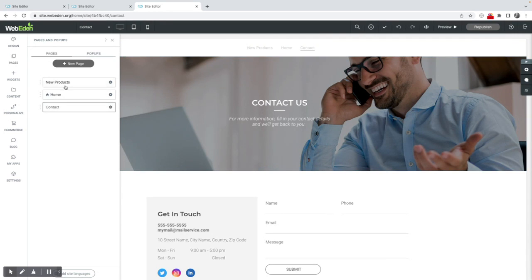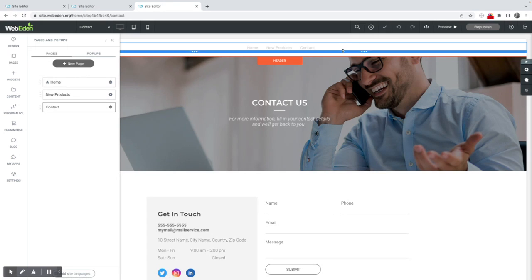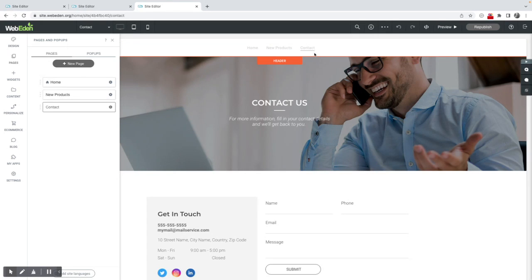So it's very simple to create new pages and to drag and drop the order of the pages in terms of how you want them to appear within the navigation bar. So that's a simple guide to editing and adding